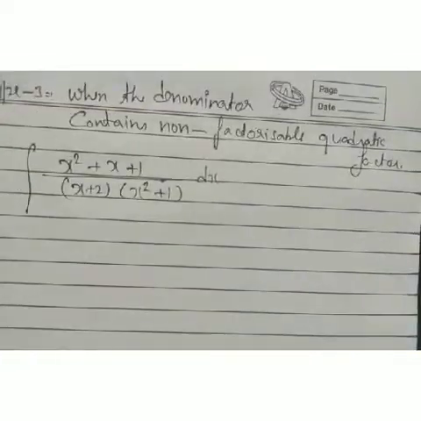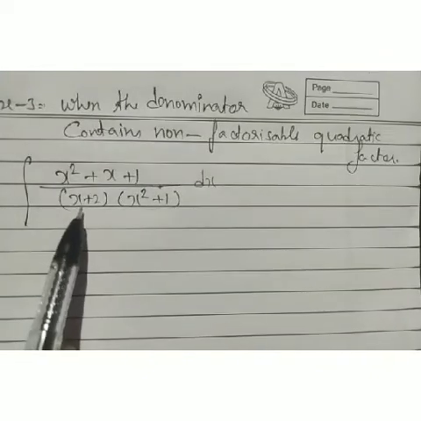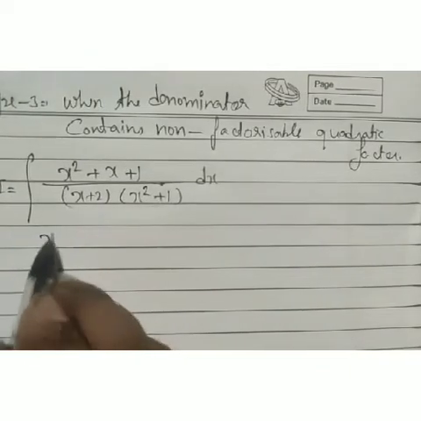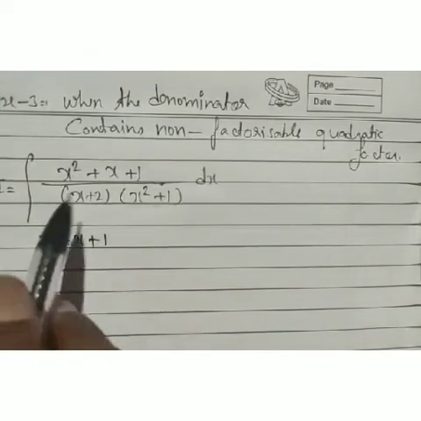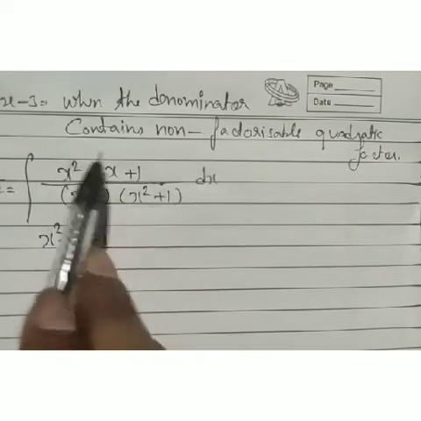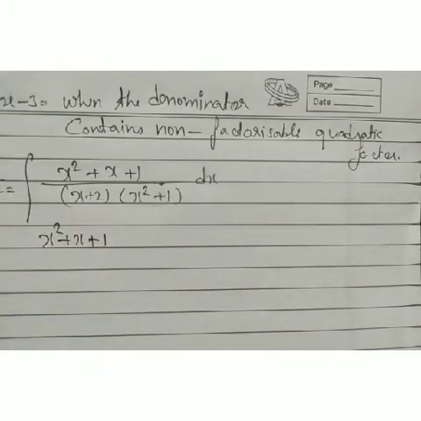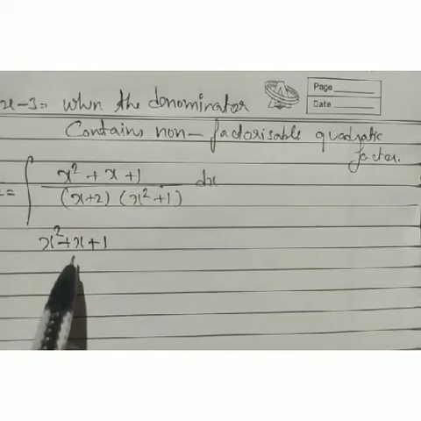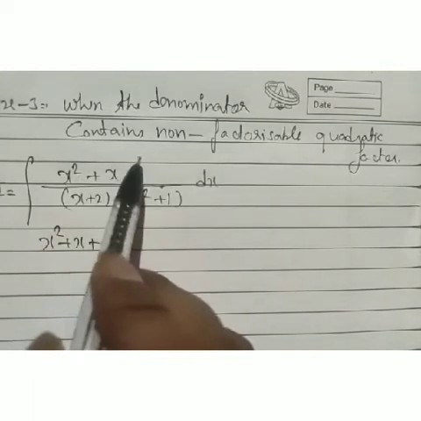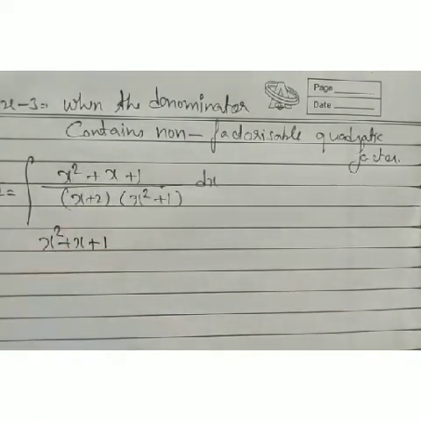Now we are going to find the solution by taking one example. Look, this is our linear portion, and this is our quadratic form. Take x square plus x plus 1. First check whether it is a proper form or not. Here the highest degree is 2, and the denominator has degree 3, so it's a proper form. If it were not proper, we would first divide and then solve it. It's also an important problem, asked more than two or three times in board examinations.